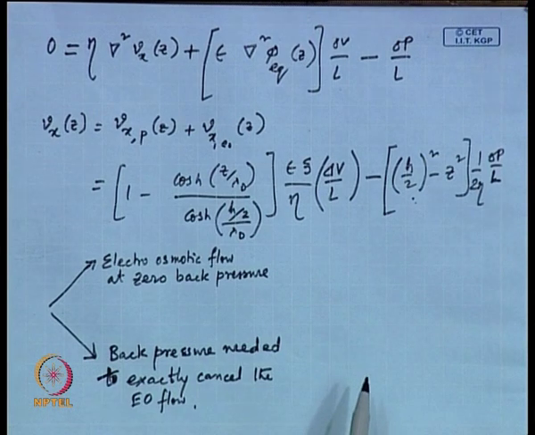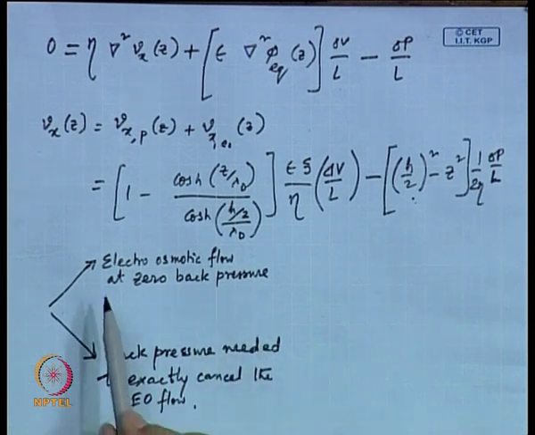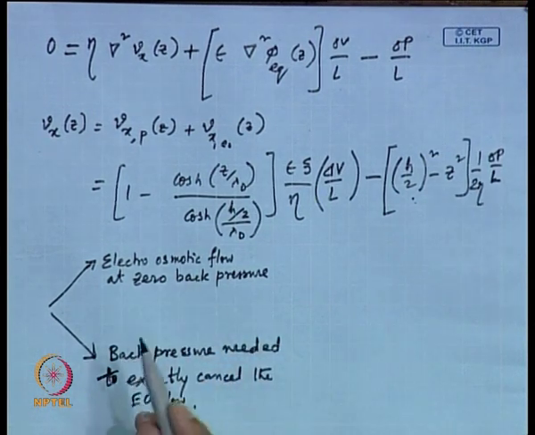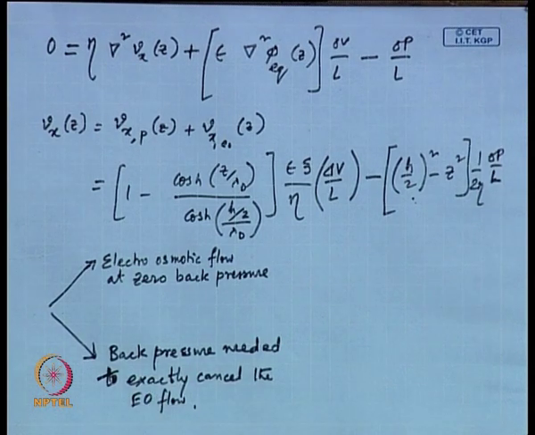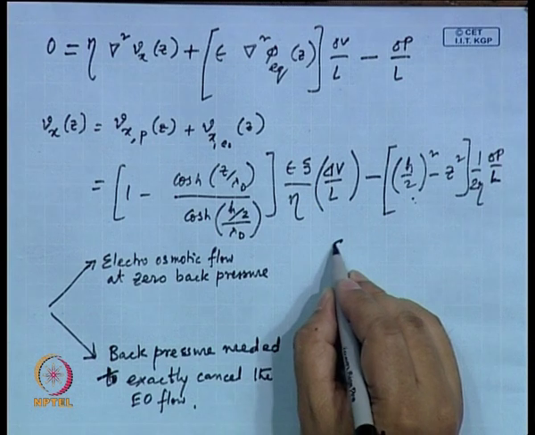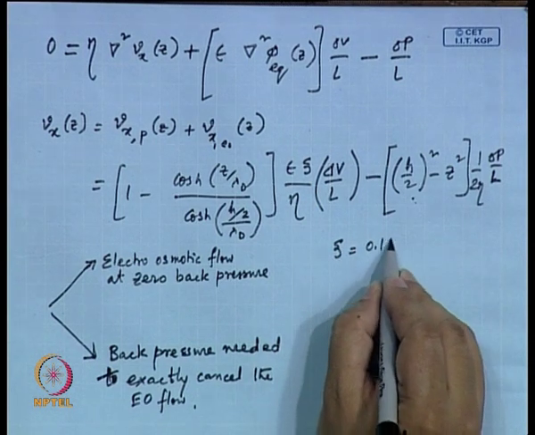There are two issues here. One is that at 0 back pressure, what electro-osmotic flow do you have, and the other is up to what back pressure it can still have an electro-osmotic flow, beyond which the flow will stop. From the design point of view, if somebody is going to use this pump, these two factors are immensely important. Now, if we pick some standard values, for example, zeta equal to 0.1